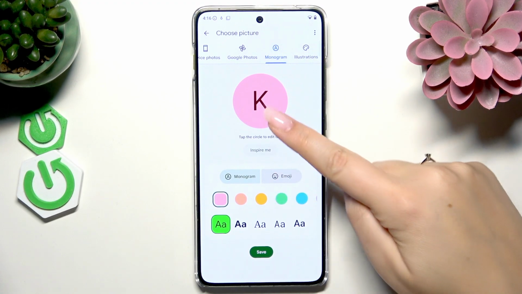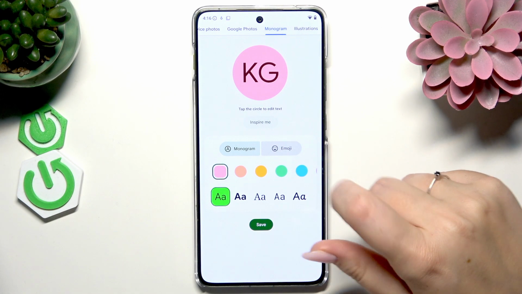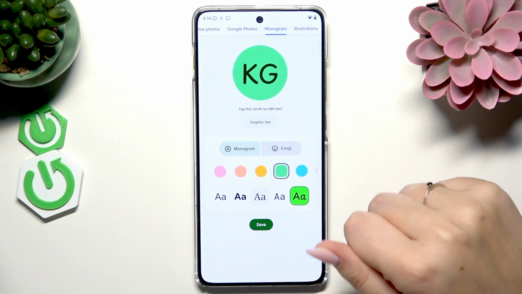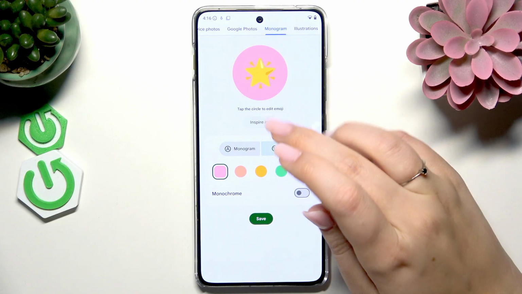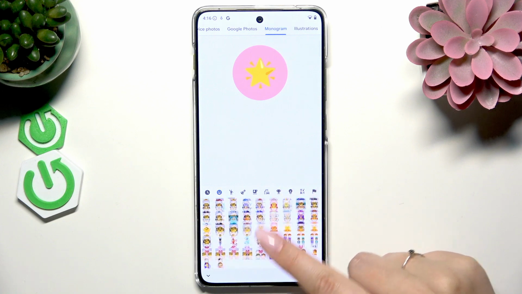Monogram, so we can use one or two different letters. We can change the background color, change the font. We can also use emojis. Just tap inside the circle and you can choose the emoji from